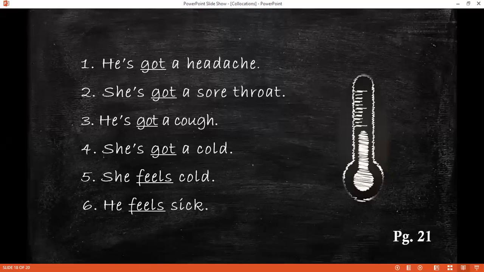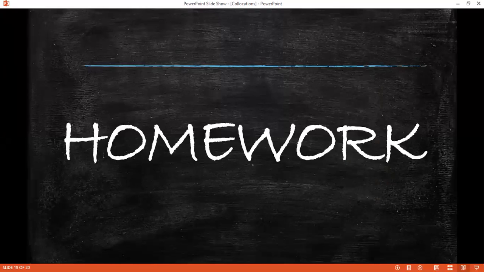Is it done? Now we have to come to the homework. In every class, I'm giving you homework. You have to note it down in your diary that you have to do the worksheet that is uploaded on your WhatsApp group. You have to follow that WhatsApp group for your homework. It is for further practice of collocations. So here in the worksheet,